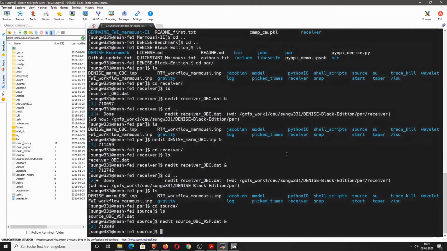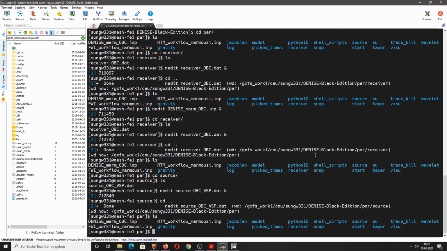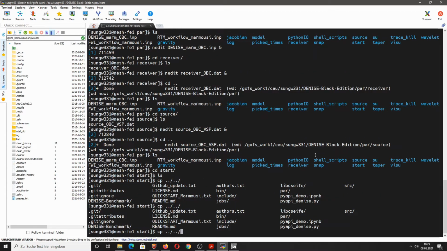Okay, so we have now defined the source and receiver positions in these ASCII files. Now we need the model files themselves, and we can simply copy them from the Denise benchmark folder. So we go into the start directory, and with cp we go 2 directories up, and you can see here now we have the Denise benchmark folder.